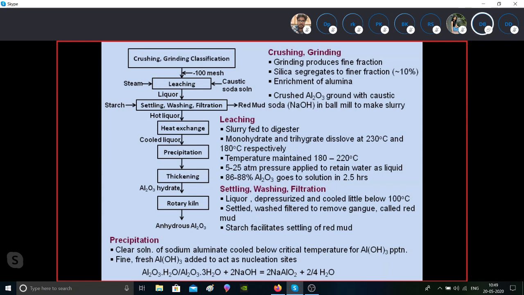In fact, have you heard about Niti Aayog? Yes, sir. Okay, Niti Aayog is formulating a long-term plan for utilization of red mud. It's a very long-term plan. First of all, you take out the iron content, which is fairly high, by treating it at high temperature. Then leave it with silica and TiO2, then go for TiO2 extraction, and from TiO2, rutile, and from rutile you can go for a different type of product.